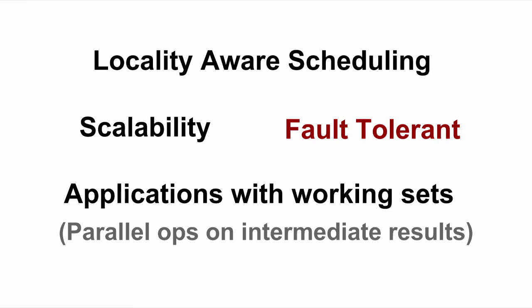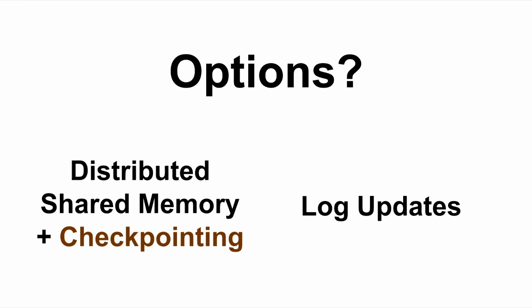And so when reading through Spark and its motivation and how it tried to implement an RDD, it came up with two different options. One of them is distributed shared memory. This would be a lot of ad hoc reads and writes to random values inside of this data set. And of course, if you want to be resilient to that, you're going to have to checkpoint it regularly to another system, because otherwise, if it falls out of memory on a machine or that machine dies, you're kind of hosed. So it's distributed shared memory with checkpointing to handle fault tolerance.